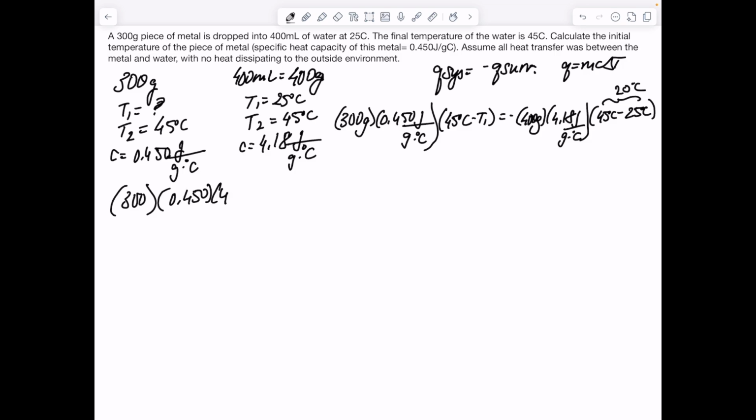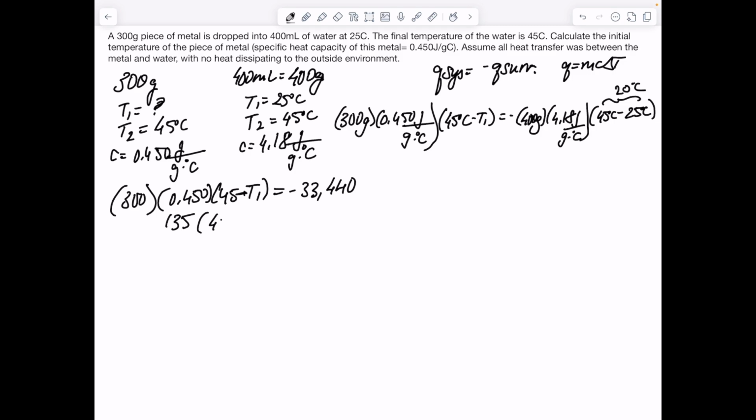300.450, 45 minus T1 equals negative 33,440. Now, if we expand here, if we multiply this out, we're going to get